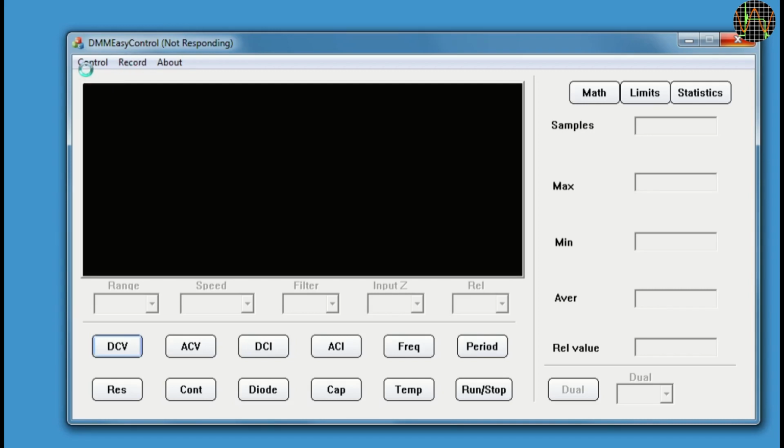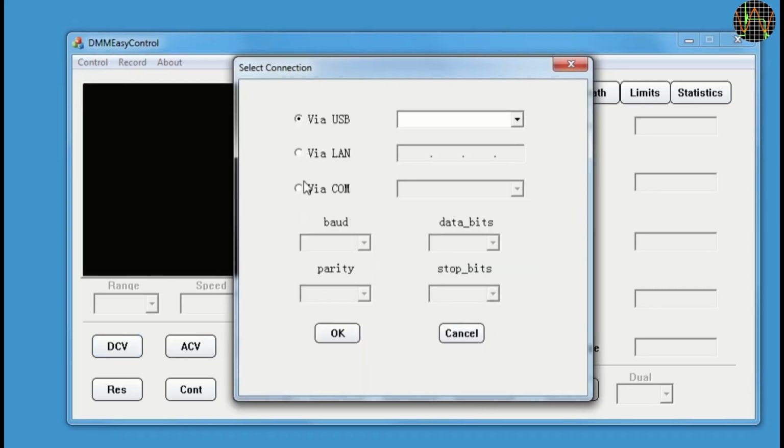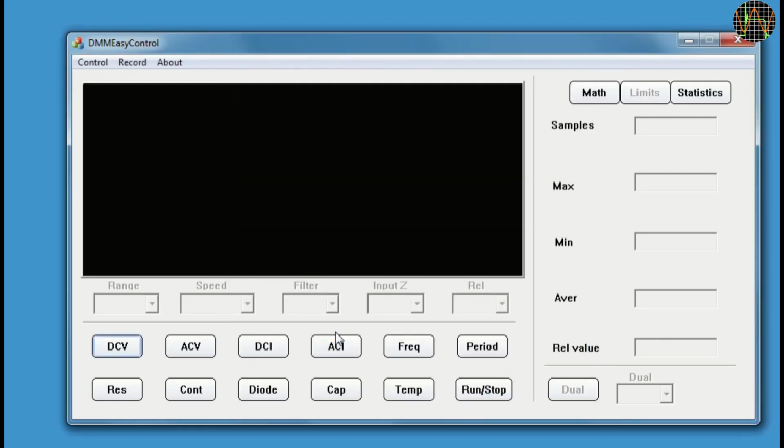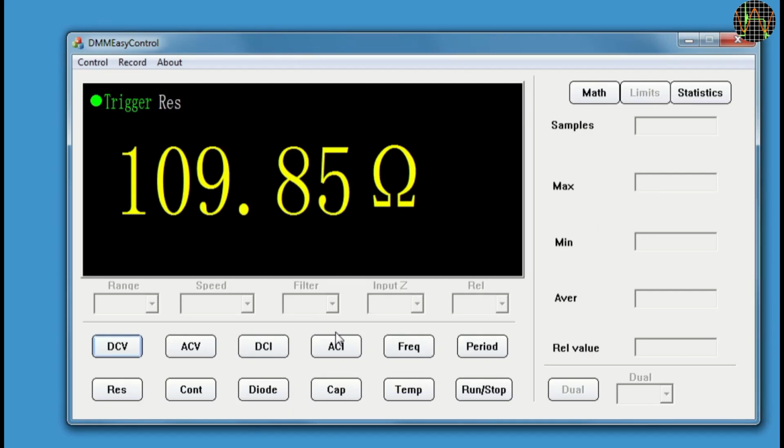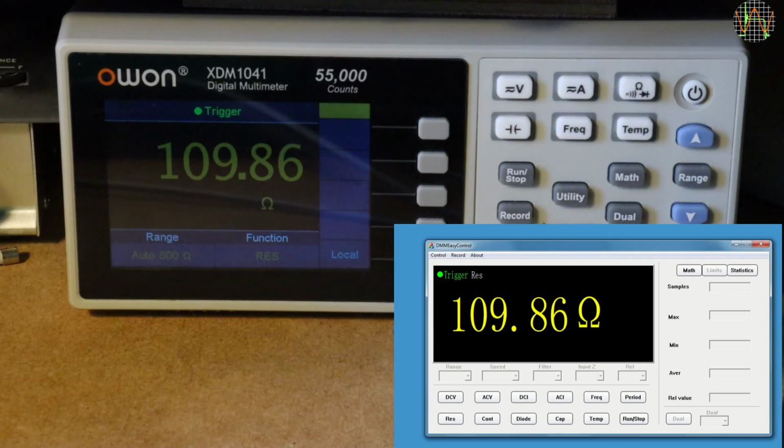Anyway, clicking connect starts the NI VISA machinery in the background, so it's not surprising that nothing happens for a while. The only connection method that works is via COM, which offers asynchronous serial or ASRL 3 or 6, which turns out to be simply COM3 or 6. I have to admit that they did a very good job in making the display look nice and very close to the actual display of the XTM1041.